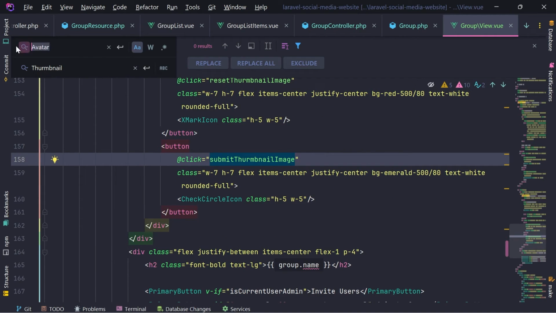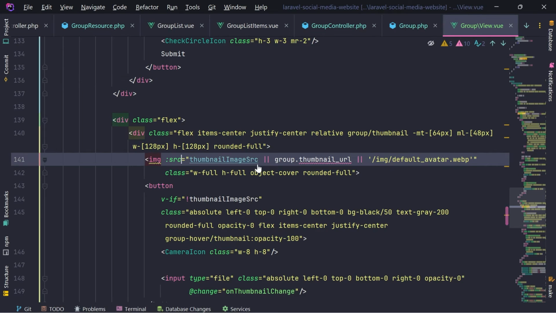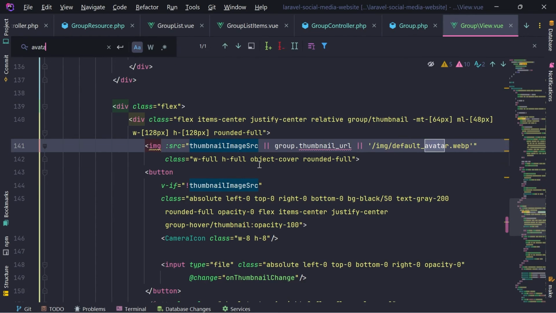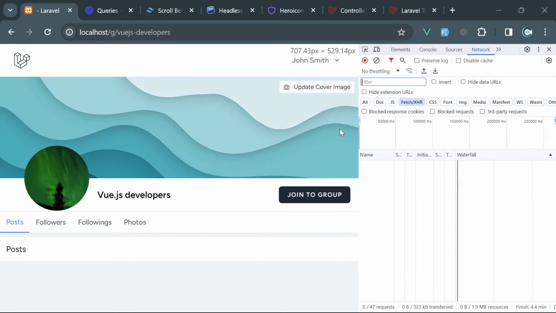Okay, good. And I'm going to search for lowercase avatar as well, which is used here. I think we can leave this. And that's it. Okay, I think we don't have any avatar mentioning with lowercase or uppercase except this one. Now, if I try to update the cover